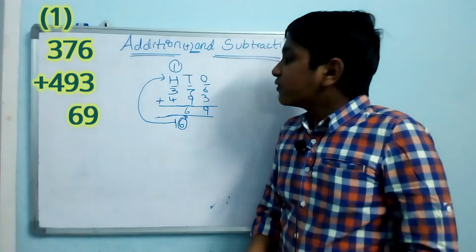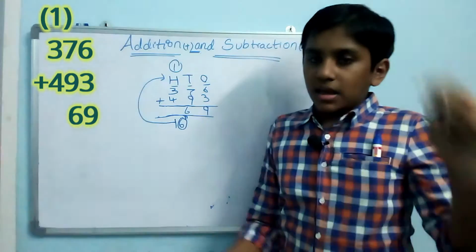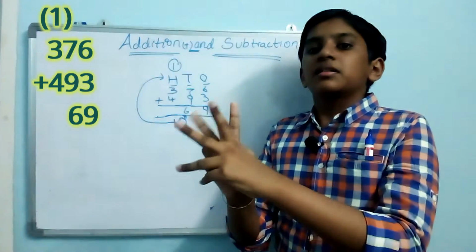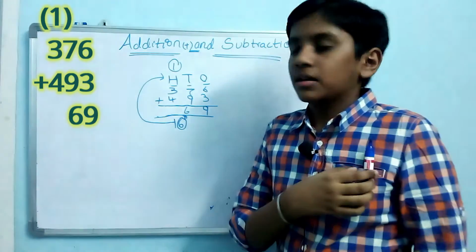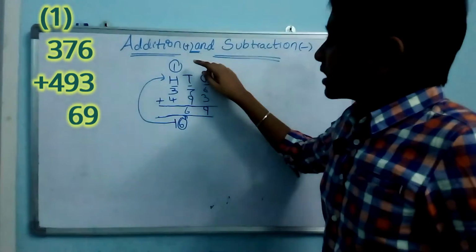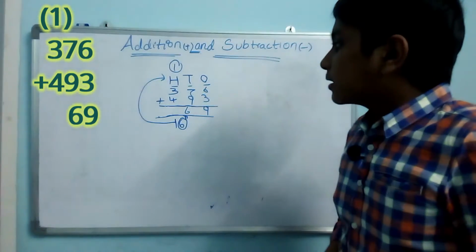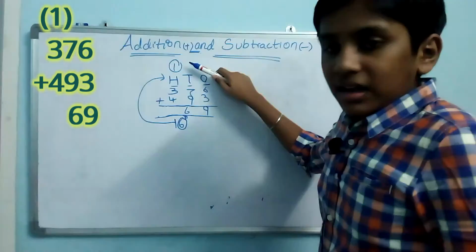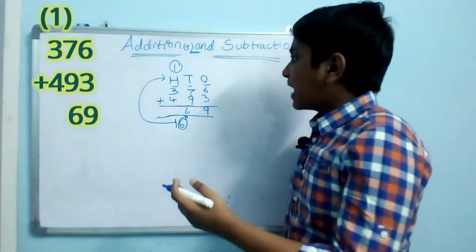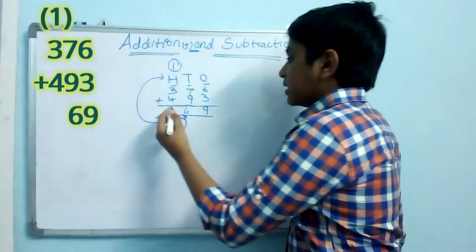Now my friends, we have to add 4 plus 3. Keep 4 in your mind and 3 fingers up. After 4, 5, 6, 7. So 4 plus 3 is 7, and the carried number 1 also we have to add as an addend. Here the carried number is also an addend, so we have to add it also. 4 plus 3 is 7, so 7 plus 1 is 8.